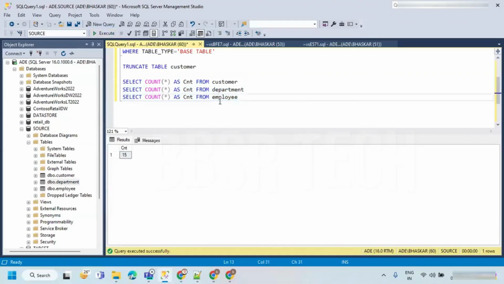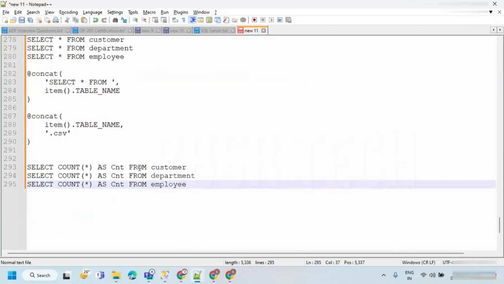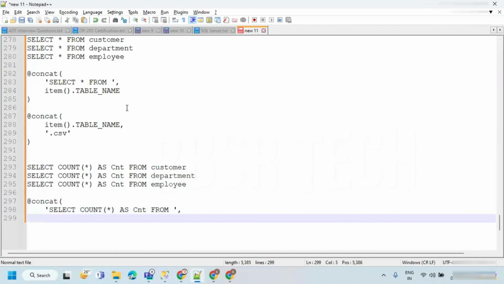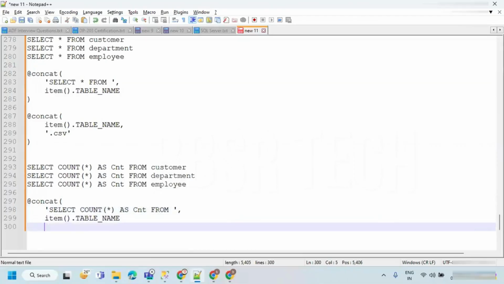If records are greater than 0, then I wanted to create a file. So this one I wanted to execute, and I wanted to make this dynamic. To make this dynamic, how we can write the statement is, this part is common for all of the places, right? Up to here. So I can use concat again. This part is common, and then the name of the table, which is going to be provided, and close your concat function.